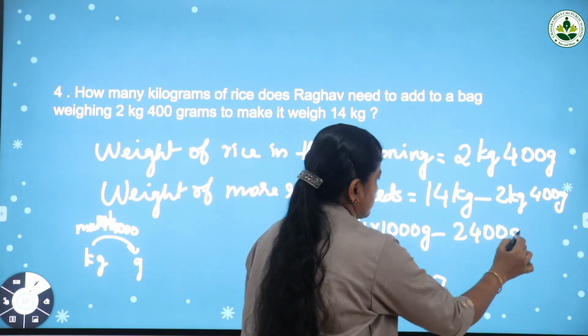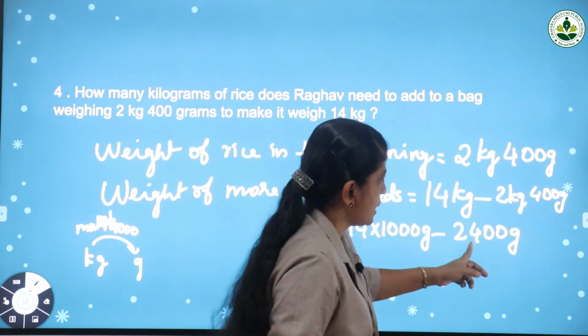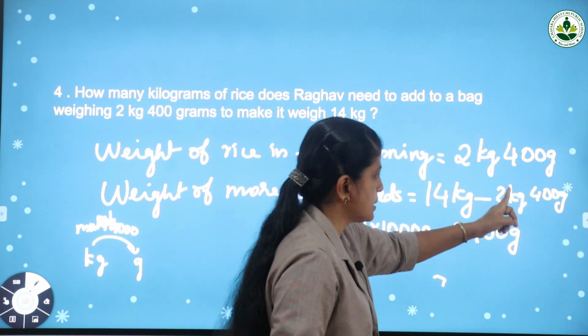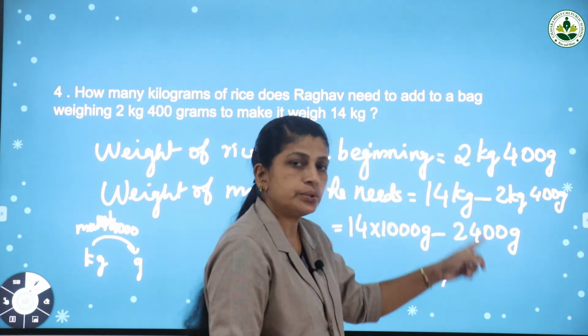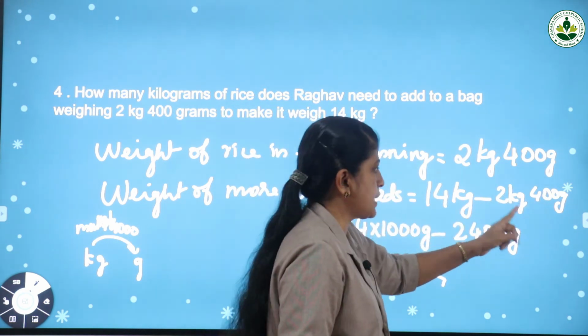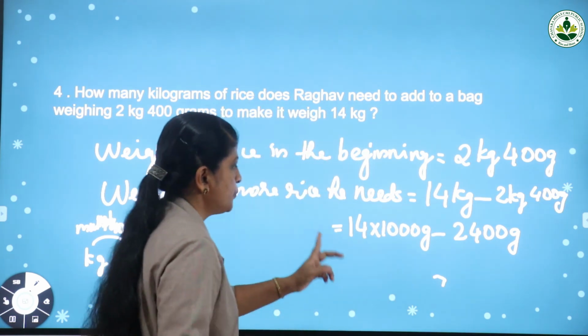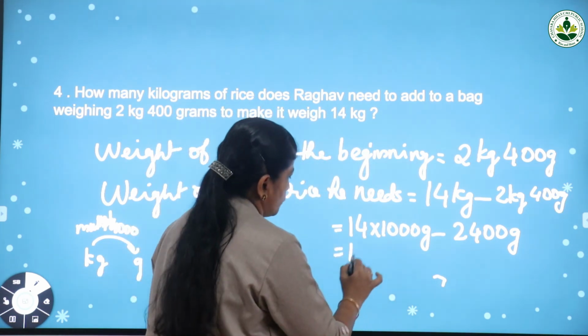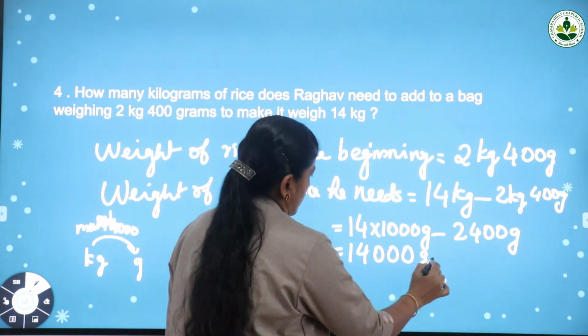Do you understand how we get this 2 kilogram 400 gram as 2400? First convert 2 kilogram to gram, that is 2 into 1000, 2000. Then plus 400 gram. 2000 plus 400 is 2400. Then 14 into 1000 is 14,000. 14,000 gram minus